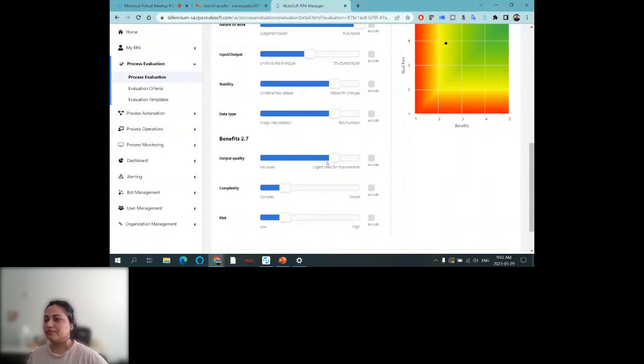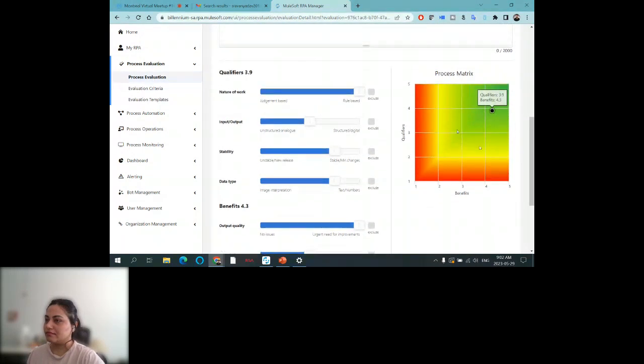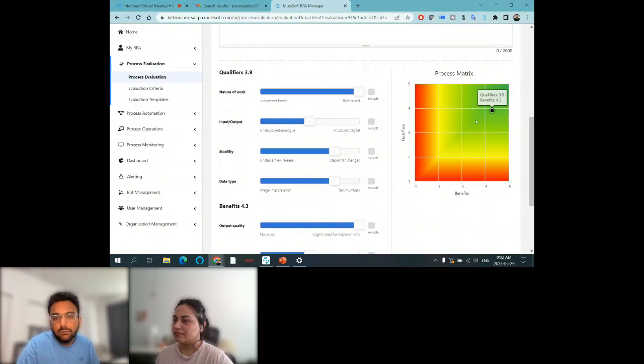Is it really urgent to do this? Yes, it is really urgent for me. Is it complex? A bit complex, not really too much. And is there any risk? Yes, there is a lot of risk when you are doing this manually. Now you can see the graph, the point has reached the green zone. Whenever you are in the green zone, it is suggesting you to automate this manual process.